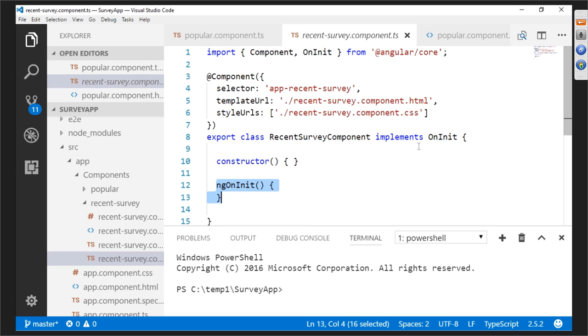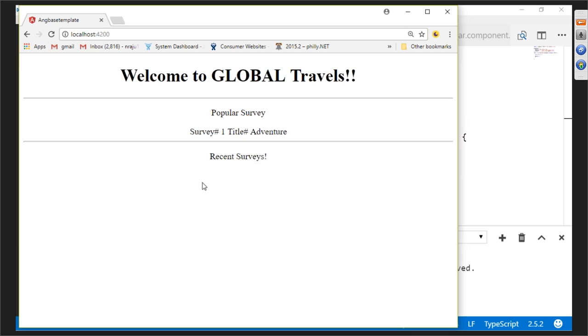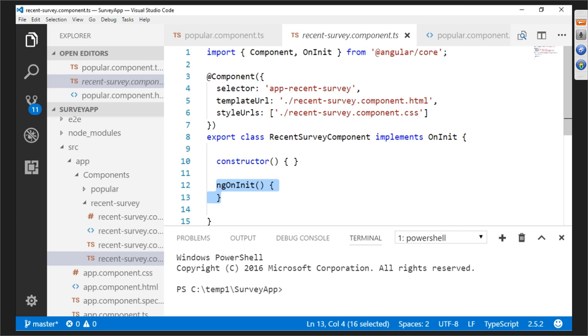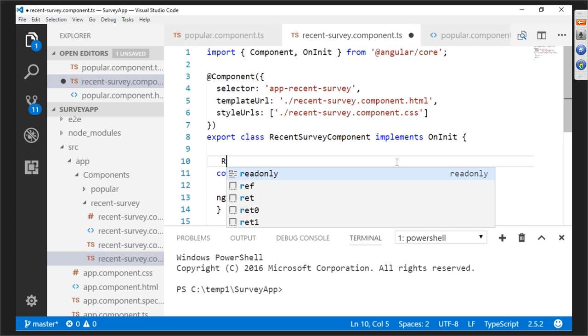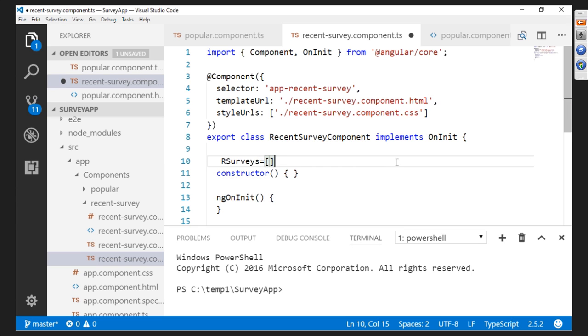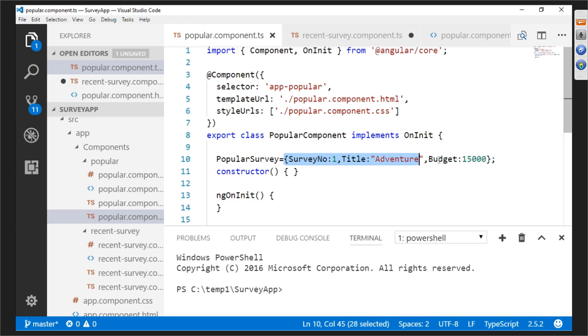Yes, so this is my output. I want to display recent surveys here. Popular survey is this, but I want to display recent survey here. So to display recent survey, what would I do now? First of all, I want to create the recent surveys. See something like this: surveys, recent surveys equal to, now I will go for square bracket and then curly braces. I will just copy this code and then paste that here. That's my first recent survey, comma,